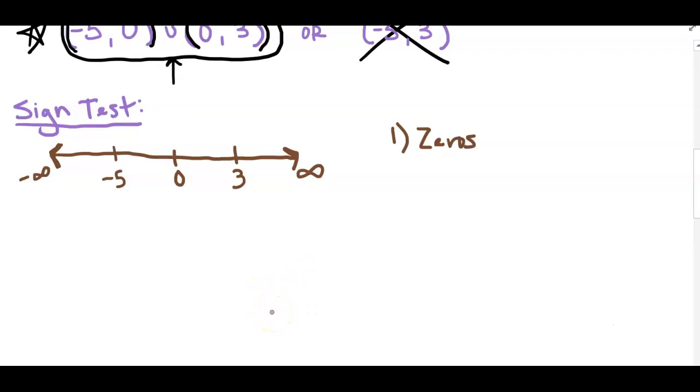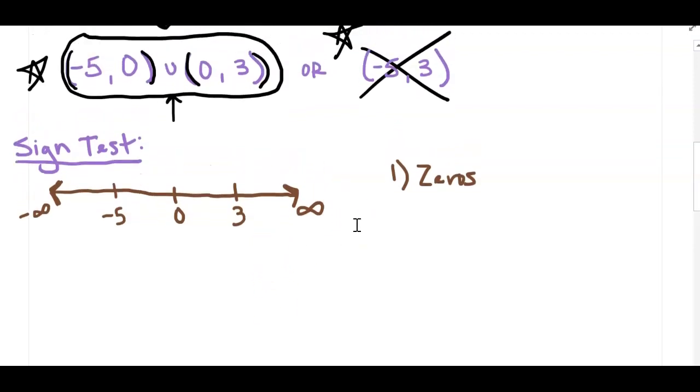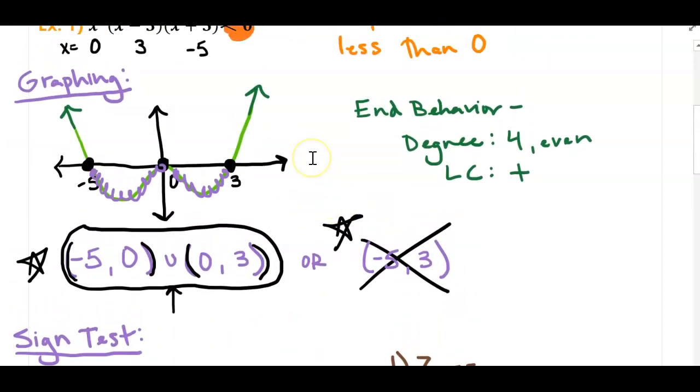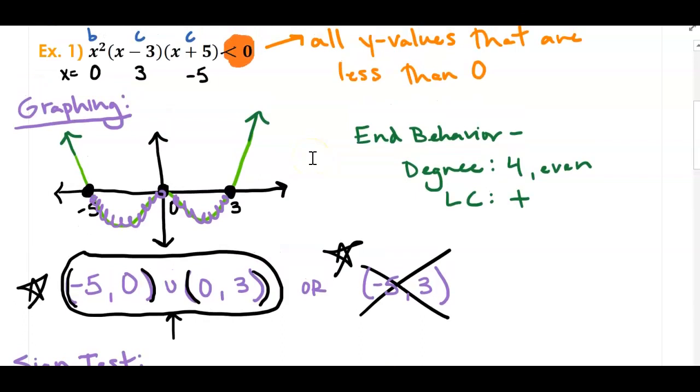Now, when we're talking about this number line, why are we focused on my x-intercepts in order to help us answer this question? Well, let's go ahead and take a look back at our graph. Something we need to recognize and think about is the fact that if I'm looking for parts of my graph or places where my graph could go from being greater than 0 to less than 0, or the other way around, from less than 0 to greater than 0,